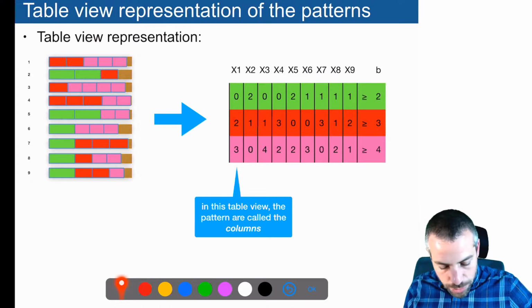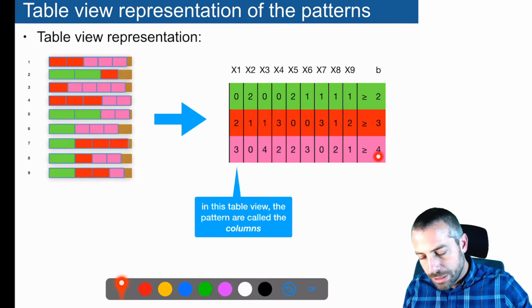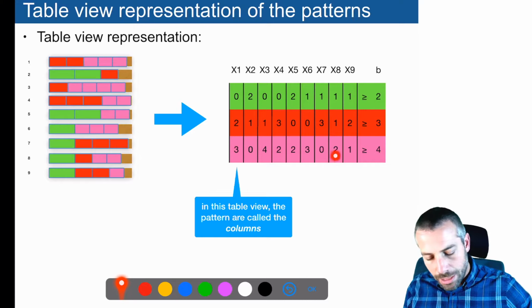So if you take the first pattern, for instance, you see that there are 2 reds and 3 pinks. This is what I put here: 2 reds and 3 pinks, and of course 0 green. So I represent the total number of patterns with a table. I have 9 patterns overall, and this is why I have 9 variables here.